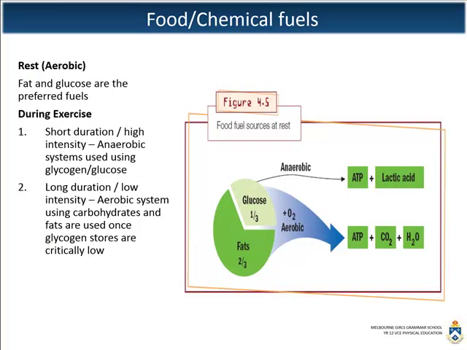All right, so if we're looking at our food and chemical fuels, the percentages. You don't need to know the exact percentages, but I want you to have an idea of it. So during rest, our preferred source of fuel is going to be fats because we've got a lot of time for the body to break down fats, and we don't need energy at a fast rate. So most of it is going to be aerobic metabolism. Remember, we're always going to have a little bit of anaerobic energy being produced, and that is going to use